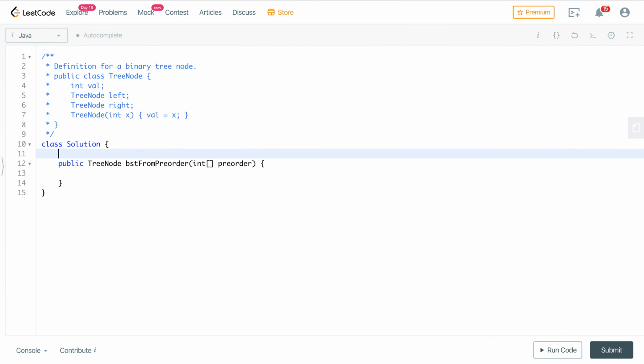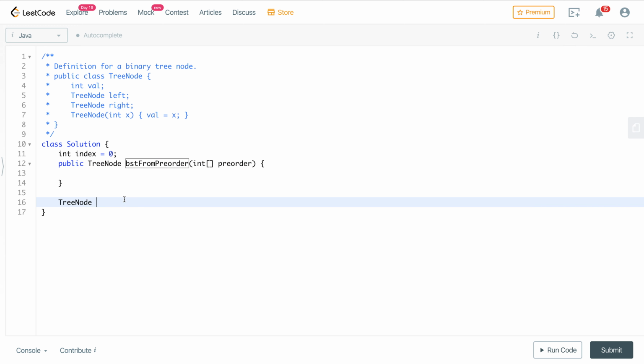As you know, we will maintain an index value which is initially 0. Now we will write a method which will return us the pre-node. Let's call it bst from pre-order helper. What we are going to pass in it is this array and min value and max value.